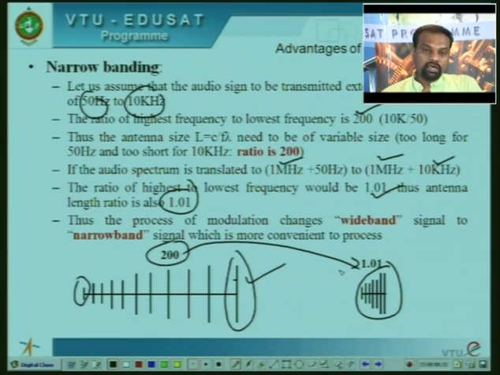So the number of elements required is going to be very small, and you require a very small antenna, and we call this concept narrow banding. Thus the process of modulation changes a wide band signal to a narrow band signal. It's a very interesting activity that we may have to understand to appreciate the process of modulation. Let us now